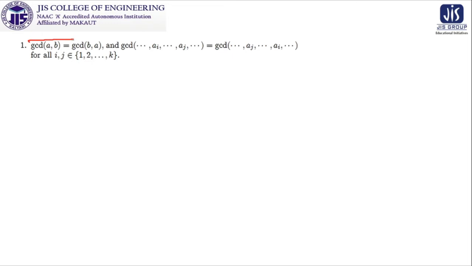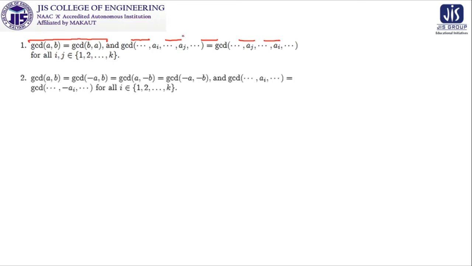So proceeding further, the properties of GCD. What is stated? It is a very basic one. GCD of A, B is equal to GCD of B, A. So you know that if you just reverse the order, you get the same thing. In general, if we take the GCD of a collection of numbers and swap them, it will have the same GCD.